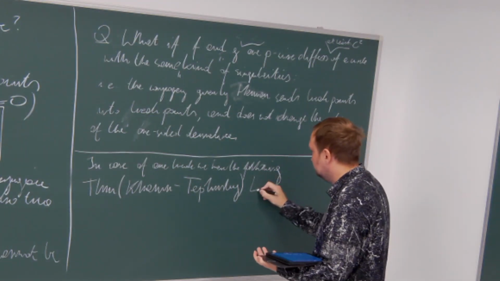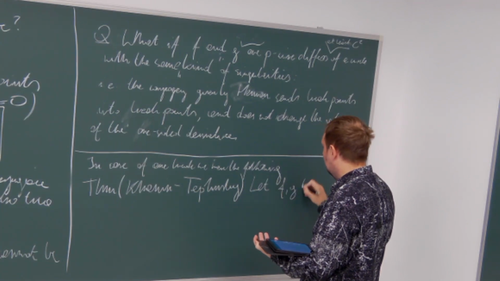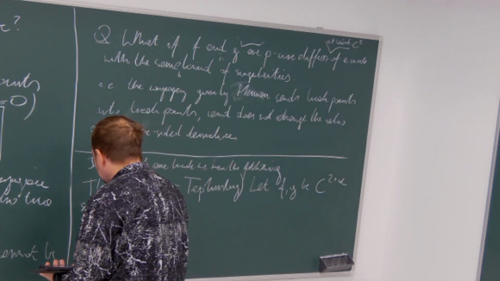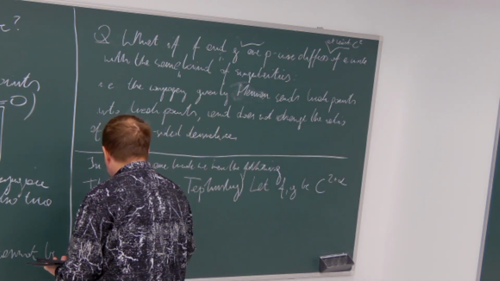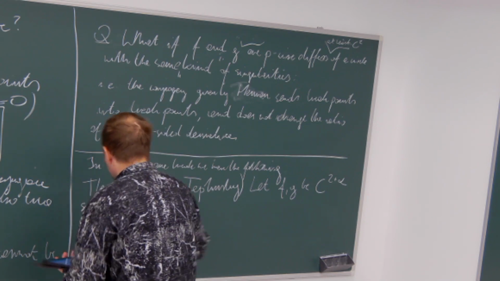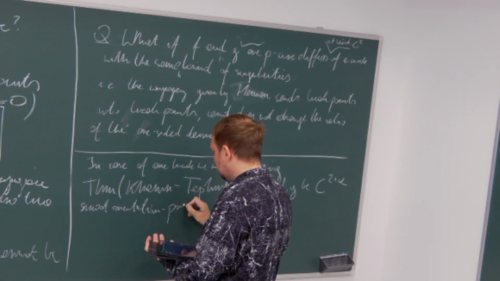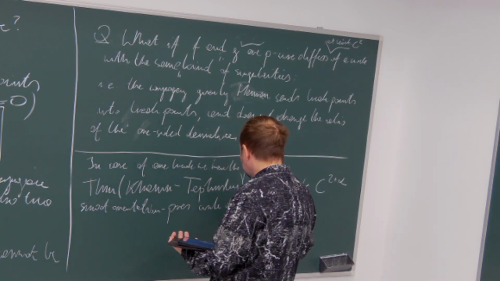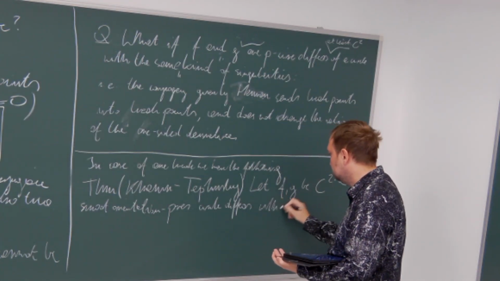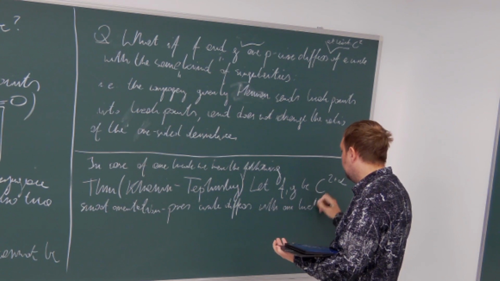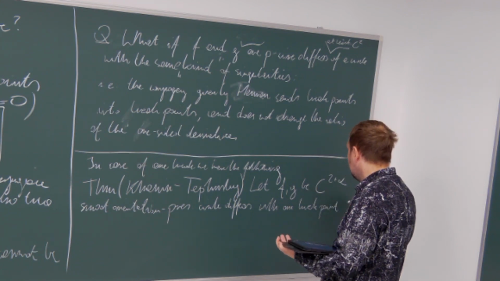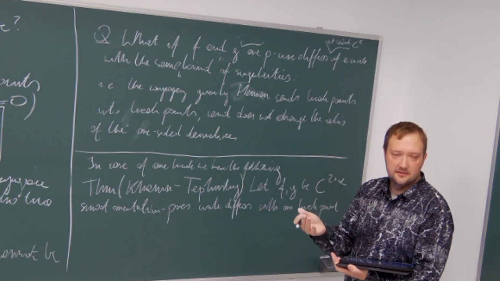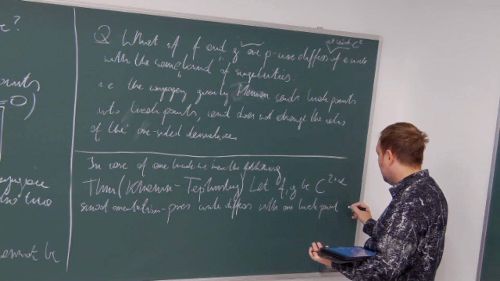So let F and G be C2 plus alpha smooth orientation preserving circle diffeos with one breakpoint. We can always assume by rotating that this point is 0. So with one breakpoint at 0,